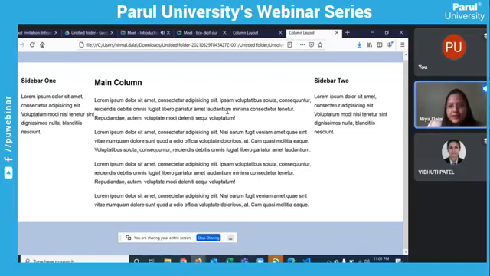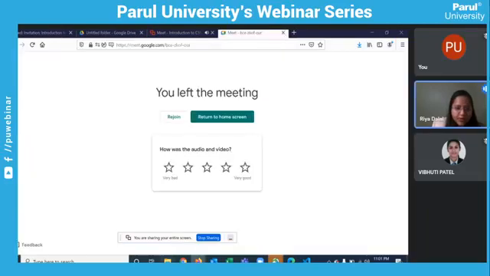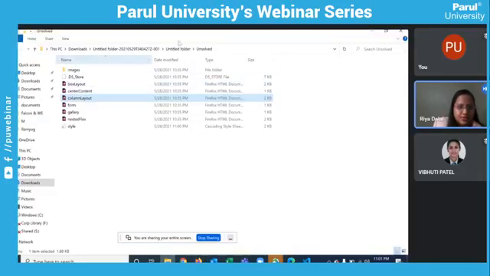Now we'll see another example. We'll take another example by using different layout. But what if you want to give margin in between these columns? So for that, I will open one other example, that is